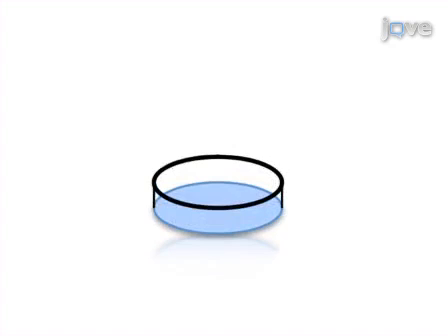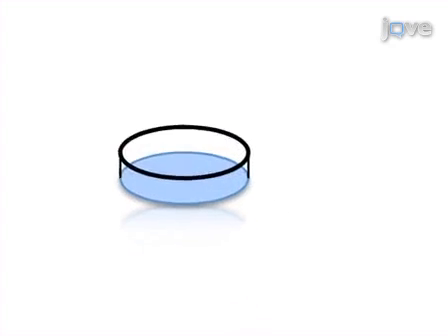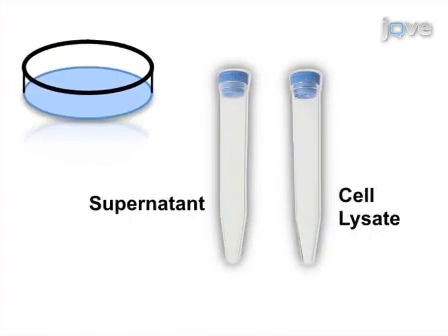When target beta cells are killed, the chromium-51 is released. The supernatants and cell lysates are then collected, and radioactivity levels, which indicate the extent of cell death, are measured